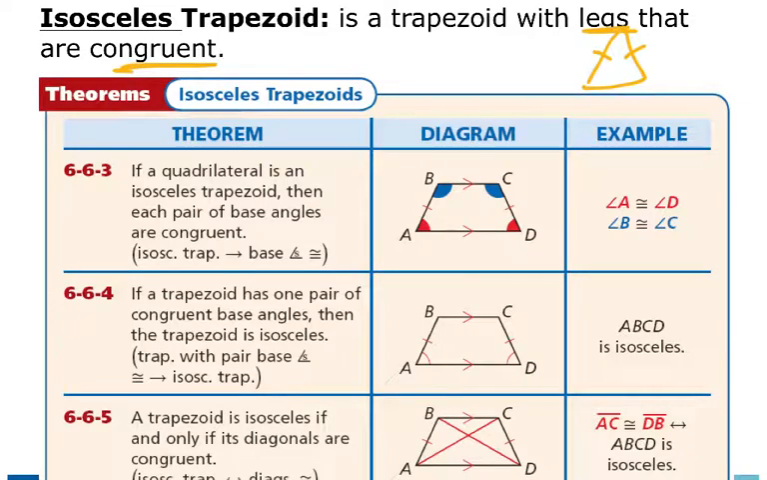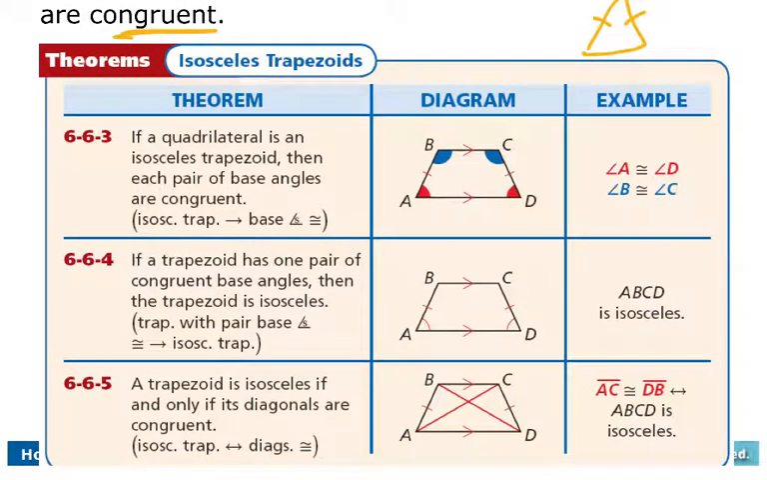Another property of an isosceles trapezoid is that if a trapezoid has one pair of congruent base angles, then it's isosceles. So it turns out that we only need to know, for instance, this bottom pair in order to know that it's isosceles. Or we only need to know this top pair in order to know it's isosceles. Alright, and then again, as long as we have a trapezoid, it's isosceles if and only if the diagonals are congruent. We talked about that when we talked about rectangles, because they also have congruent diagonals,